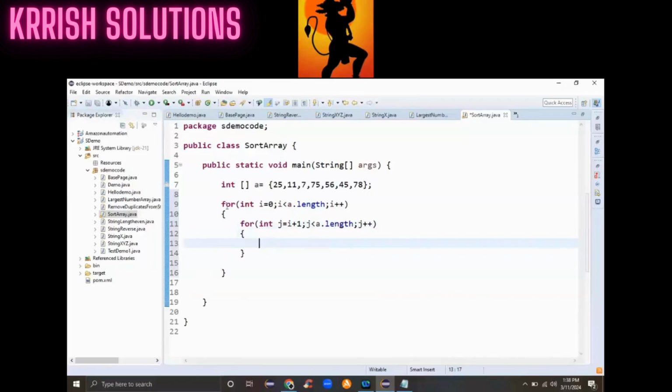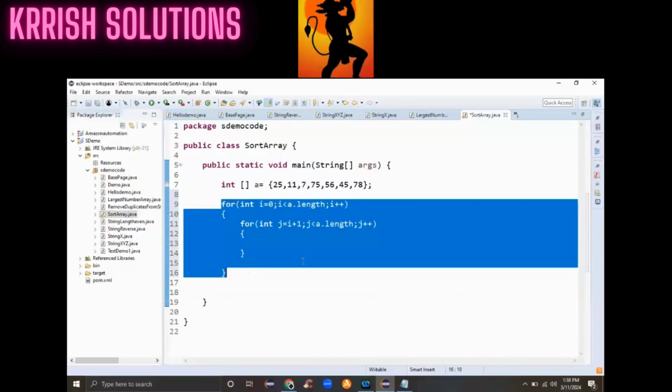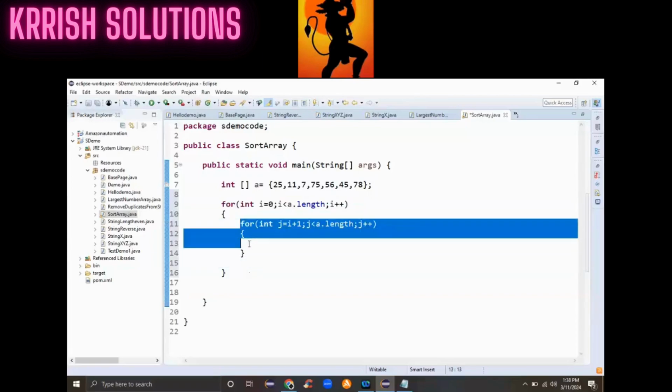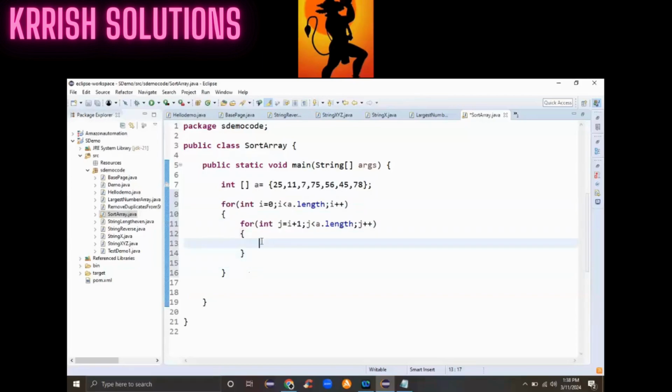So we are using two for loops here. One is internal and another is external. This is the external for loop and this is the internal for loop. Okay, now what is the condition you need to check? If a of i, the value. So a of i means the first value, a of i means a of 0. That will be this value. Okay, is greater than a of j. Then if the condition is true, what I am trying to do here is swapping